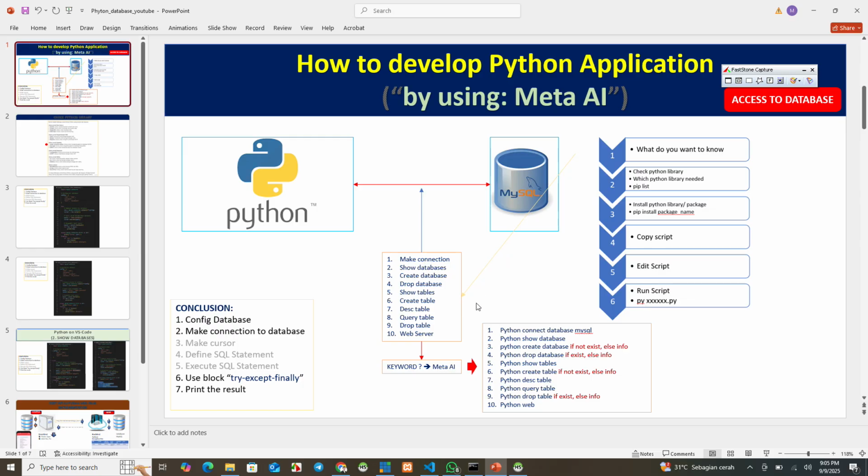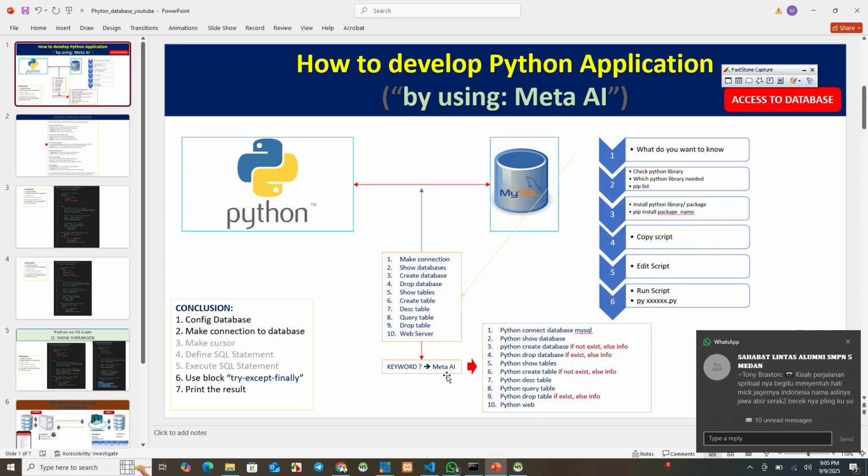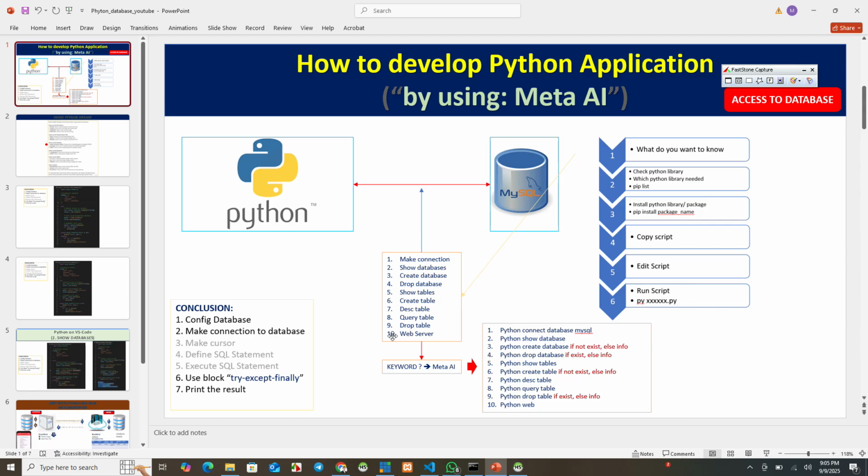The first thing, you must know the keyword. For example, number 5, show tables. We use Python and we want to show the tables, so the keyword is Python /show/tables. Okay, it's easy.